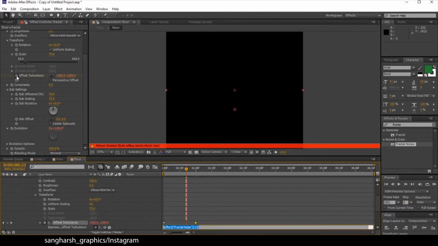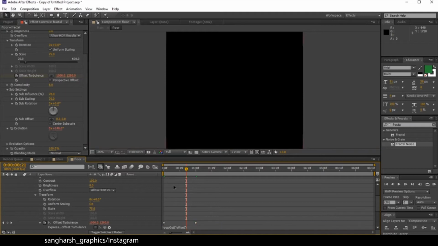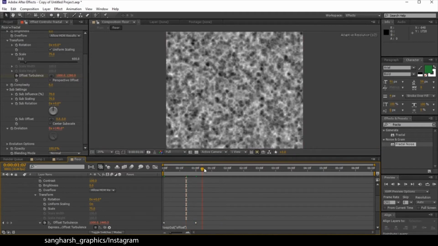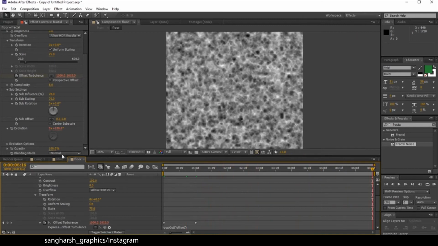Hold Alt, click on offset turbulence, type loopOut, bracket, inverted comma and type offset, inverted comma again and complete, close the bracket. Now you can see we have a nice looping animation. Now come back to main,